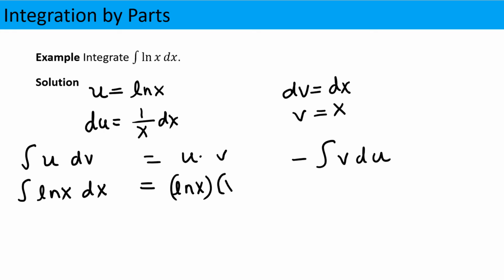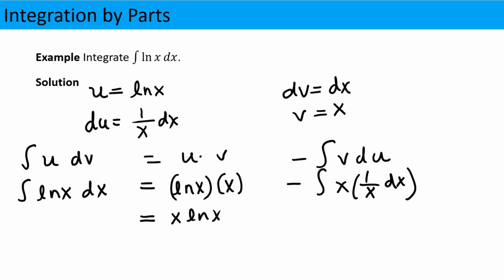For v, we put in x, minus the integral of, for v, we put in x, and for du, we'll write 1 over x dx. We'll further simplify and write this as x ln of x minus, and then the integral of x times 1 over x is just 1